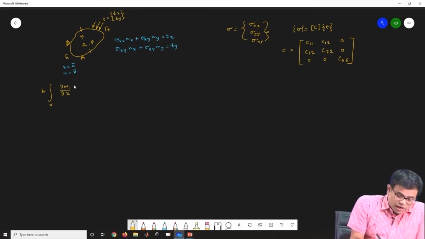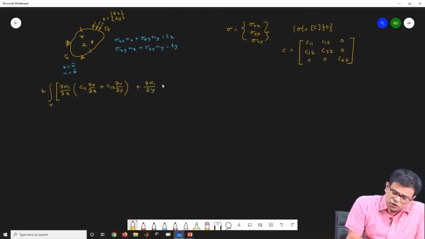The weak form is c11 del u del x plus c12 del v del y, plus del w1 del y and your c66 del u del y plus del v del x, and then